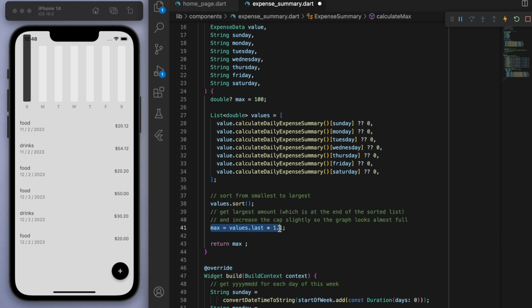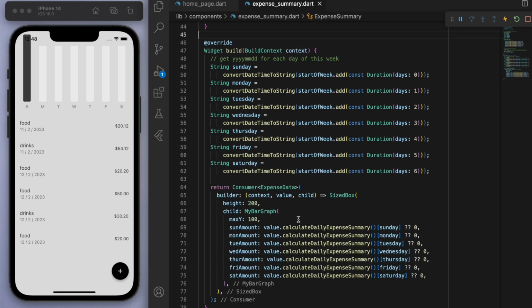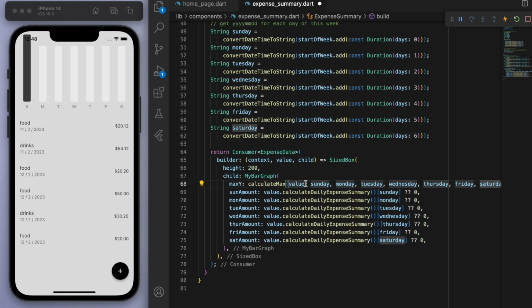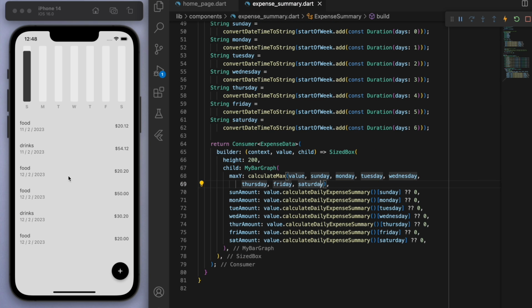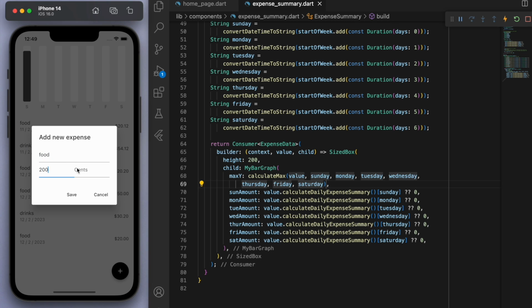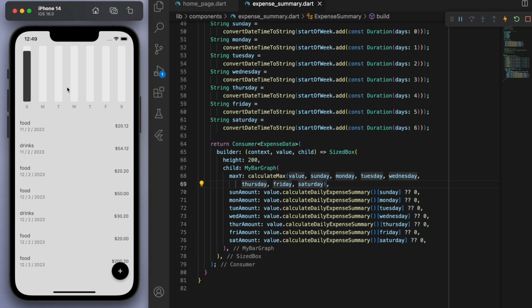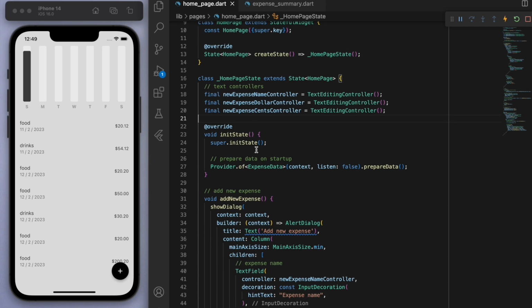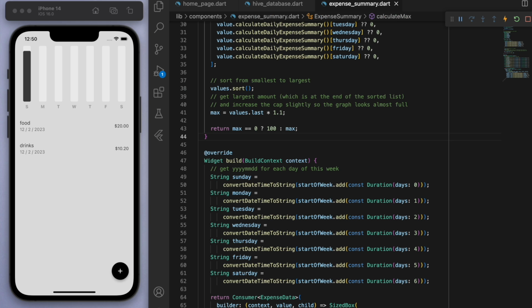And we're just going to do a quick check here as well, because if it's 0, then let's make the default 100. And then otherwise, let's give it the new cap. So basically what we did is it'll never be quite full. And this is important because we need to readjust this max because you don't want to put a hard-coded number in there. So all of the other days is going to be relative to the highest amount. So again, let me know if that doesn't make any sense, but this is very important to have in this